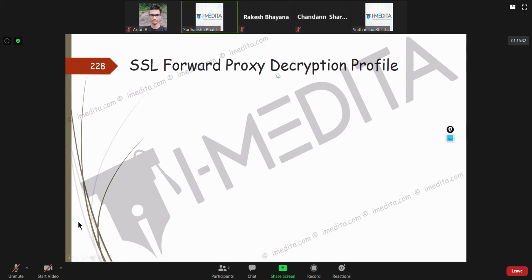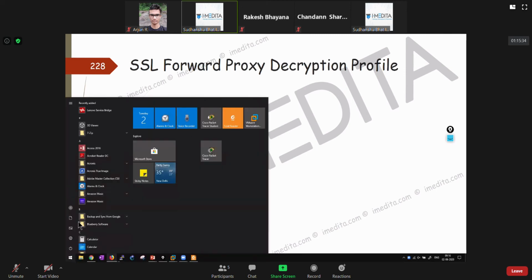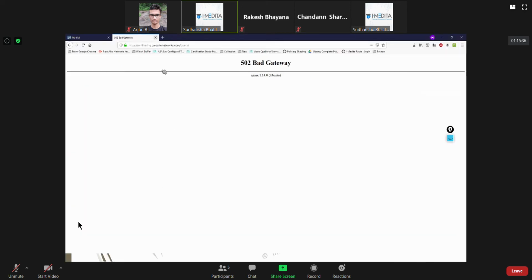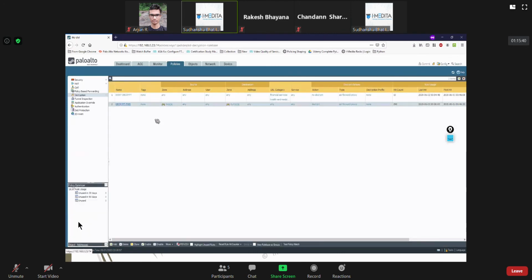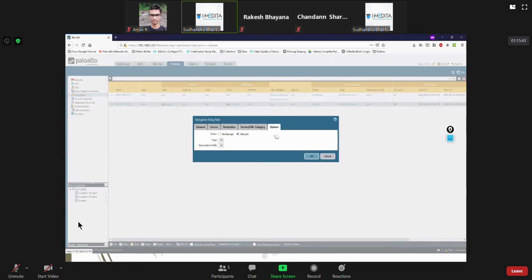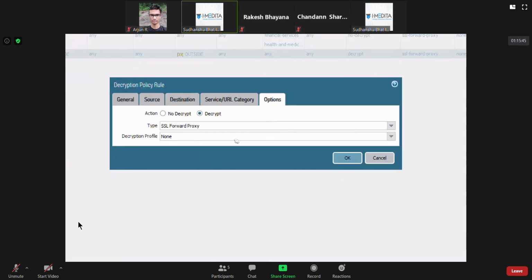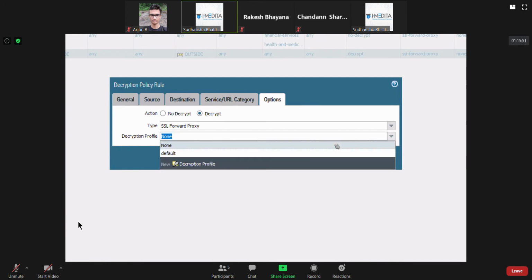Next, let's talk about the decryption profile. Okay, we didn't touch it yesterday, but if you go here, just under this option of SSL forward proxy and decryption, there's something called a decryption profile. What is this?